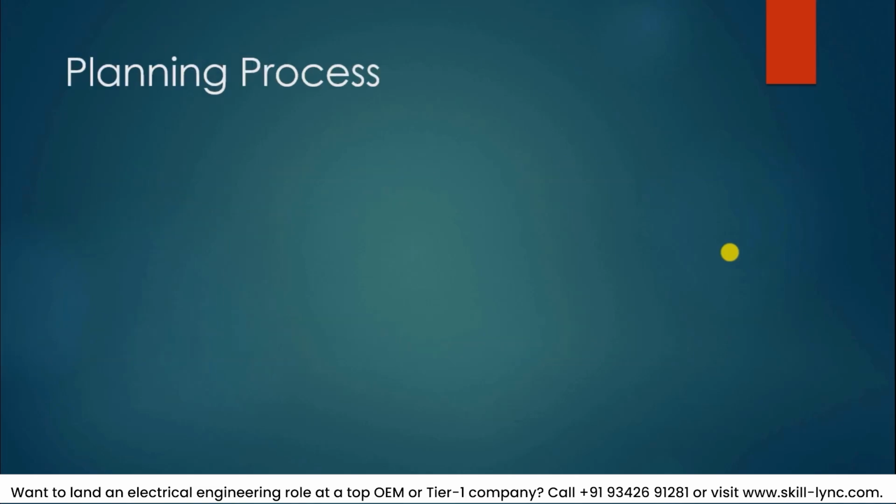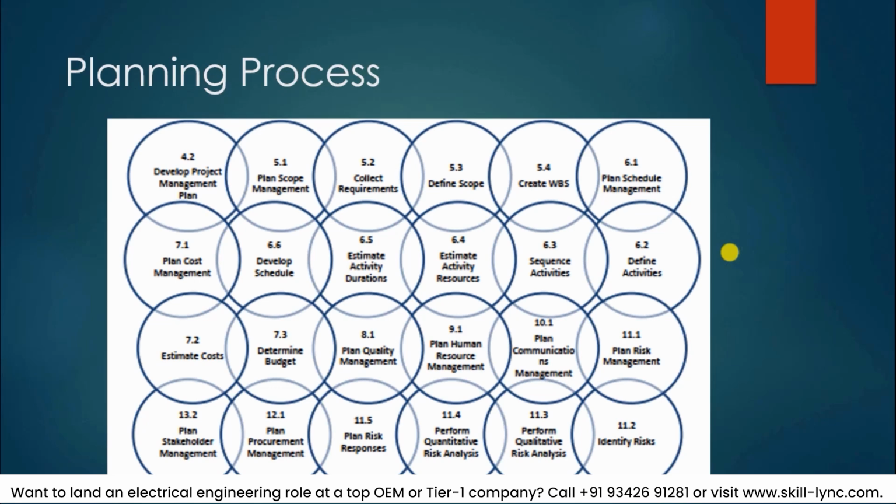So here we'll see what the knowledge areas are that we have. As you could recollect, during this planning process with different knowledge areas, what we are going to see now first is you have to develop a project management plan, and next you have to plan the scope management, then collect the requirements, then define the scope, create a WBS, plan the schedule management, plan the cost management, then develop a schedule for it, estimate the activity durations, estimate activity resources, sequence those activities, define these activities, next estimate the costs,